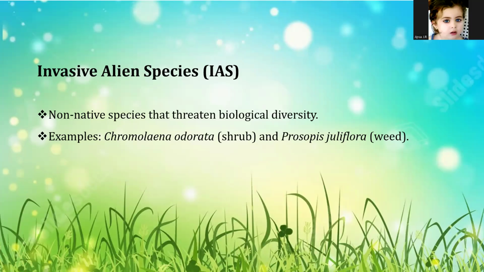The slide highlights two specific botanical invaders commonly found in tropical and subtropical regions. That is Chromolaena odorata, Siam weed. It's a shrub. The main impact is that it is known for its extremely rapid growth. It forms dense thickets that smother native vegetation and prevent the regeneration of forests. It is also highly inflammable, increasing the risk of wildfires.